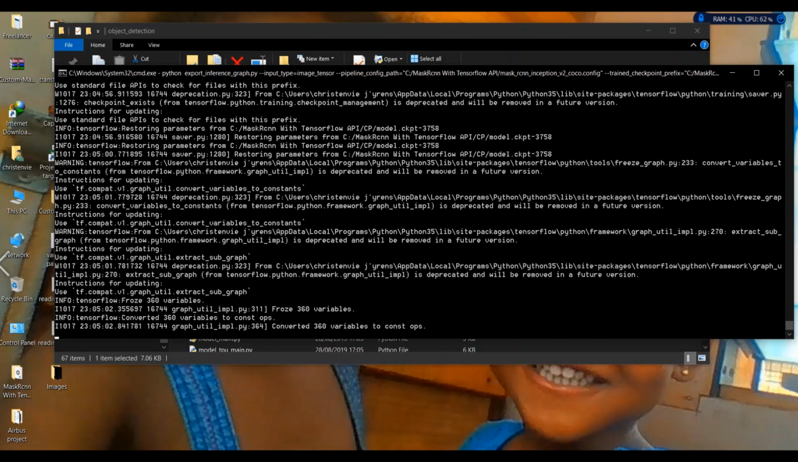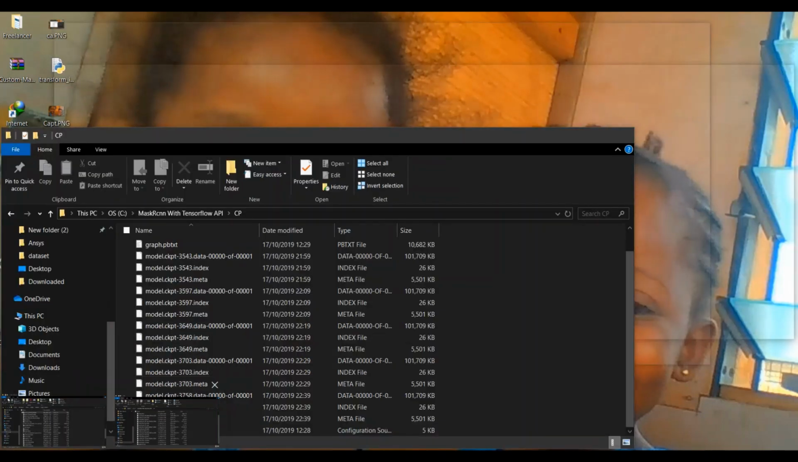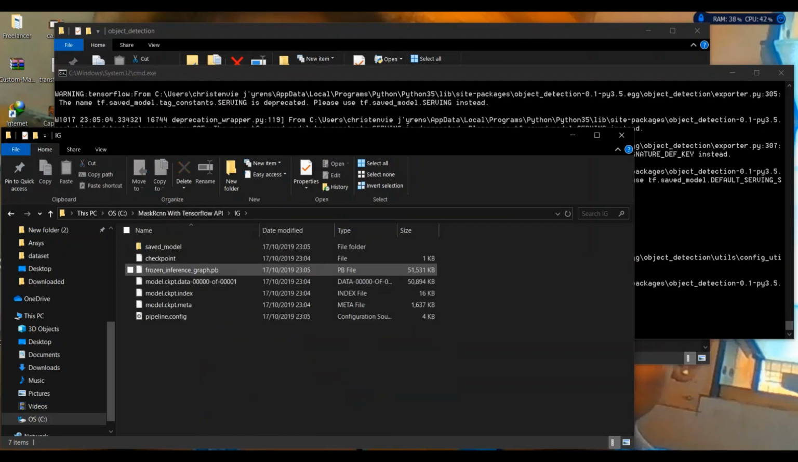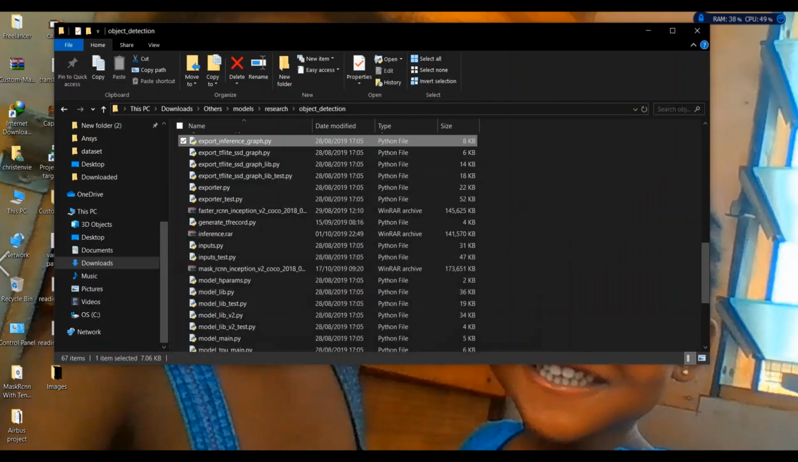Now it's saving. We have to get the inference graph in this folder. Okay, it's saving. The thing is done. Okay, so now we have our inference graph. We can now open